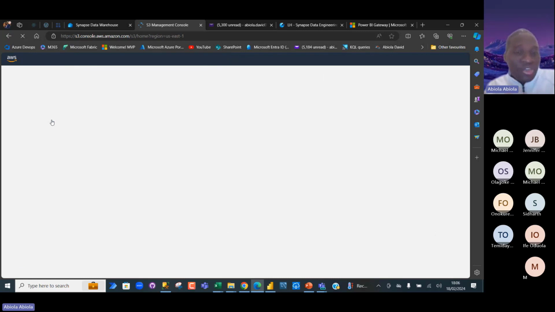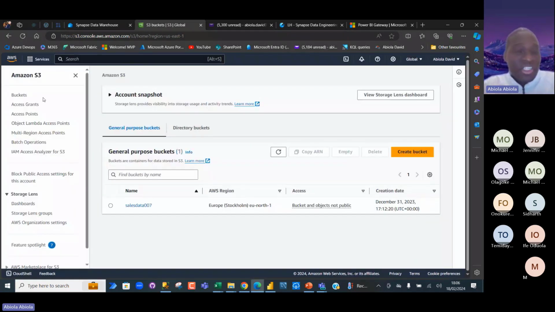Now, S3 is similar to Data Factory in Fabric. So in S3, there's something called buckets. Now, a bucket is a logical container, just like a workspace, in which we can store different kinds of items, maybe images, pictures, audio, and so on and so forth. So in this case, I've got a bucket, and of course, the name of my bucket is Sales Data 007.